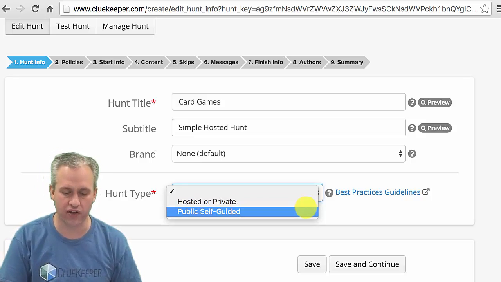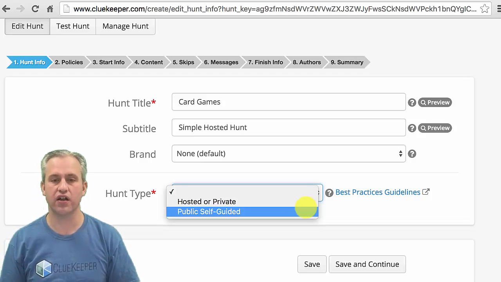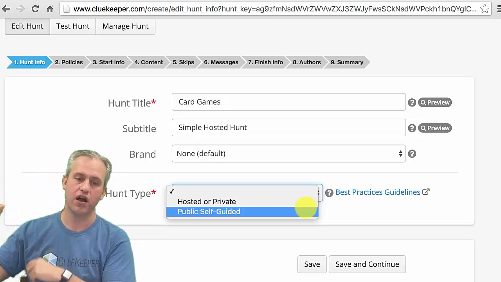The other type of hunt is a self-guided hunt. With a self-guided hunt, you just put up a hunt on Cluekeeper, and people